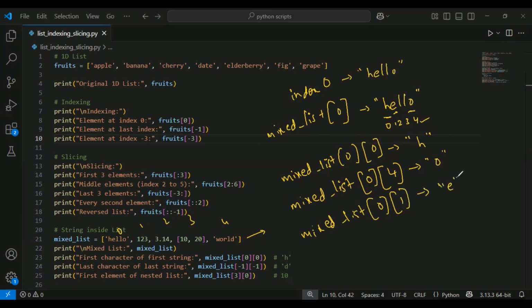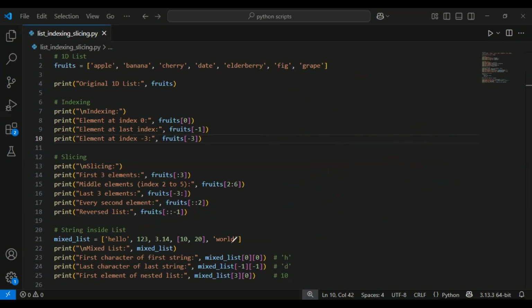Now the output will be E. In this way, we can access a character inside a string which is inside a list. It's like a double index. So if I want to access D,